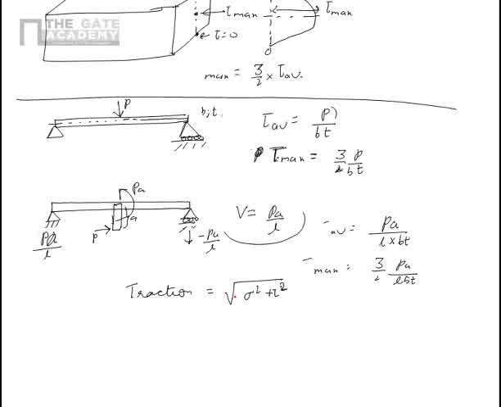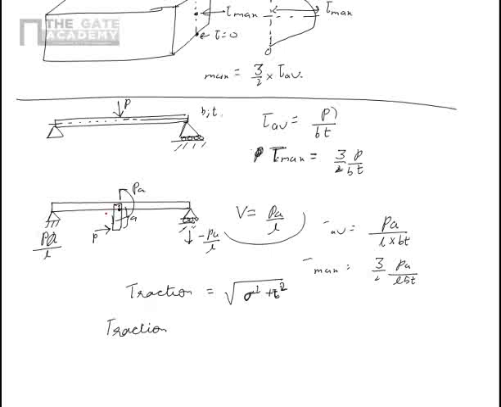Now if I ask the question as to where is the traction highest, obviously the answer will be dependent on whether the value of sigma at the bottom point is higher or whether the shear stress value at the midpoint is higher. So the reason is that traction,